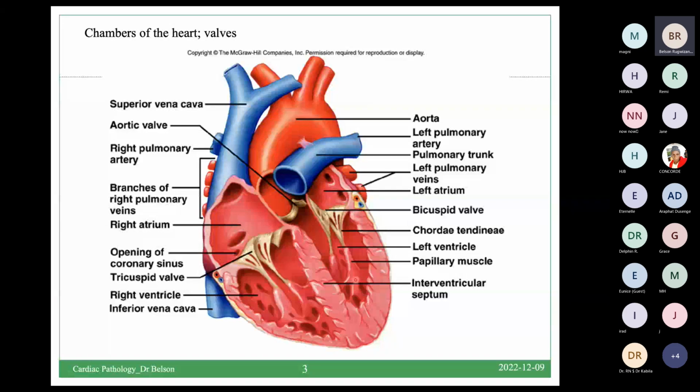Ibyo muba mwarabyiye muri semiology signs and symptoms, as you are working in this little hospital it will be very easy at least to identify and to say in this patient I heard there is probably insufficient mitral valve or there is a stenosis of the mitral valve or the aortic valve and so on. Then you refer to the cardiologist with a good note